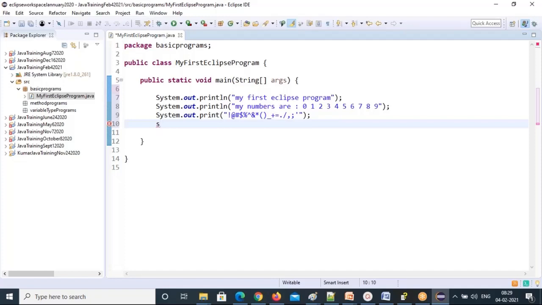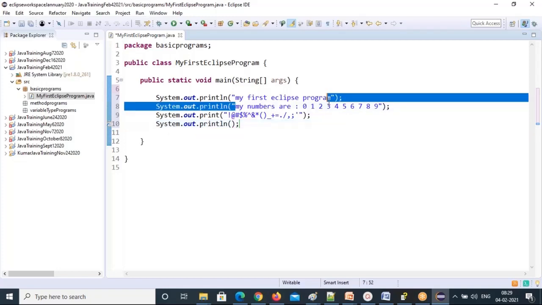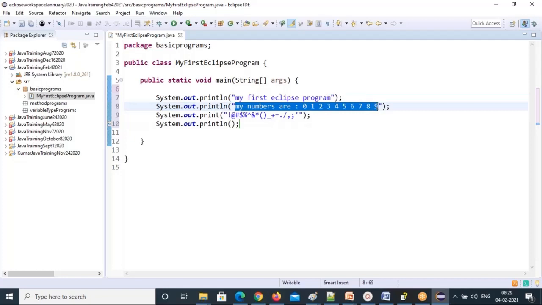Like this, you can write many print statements, just printing something to your console. You are asking System output to print this statement to the console. Then I can print just A. I can even print a character.